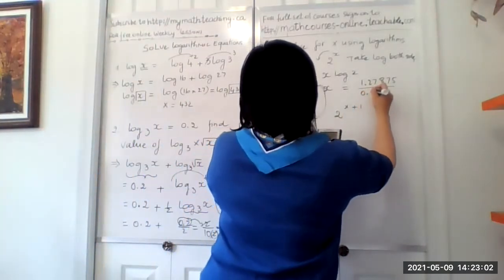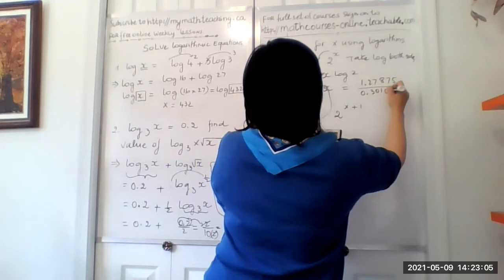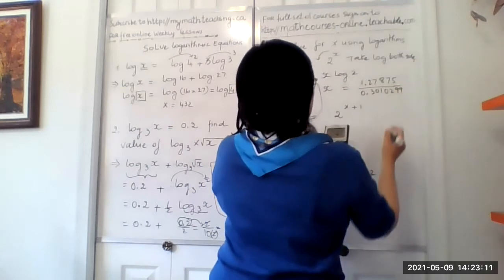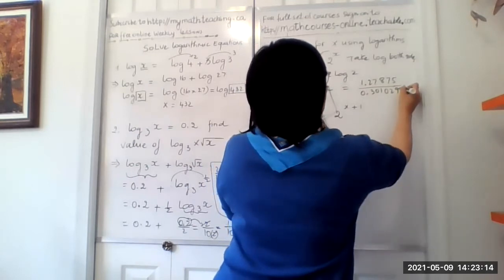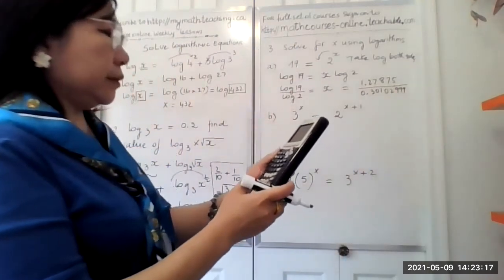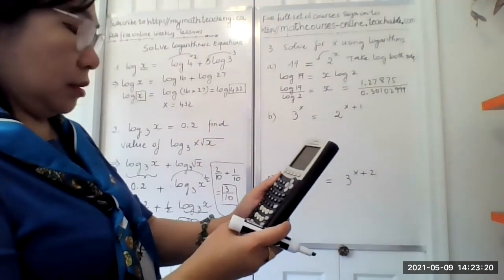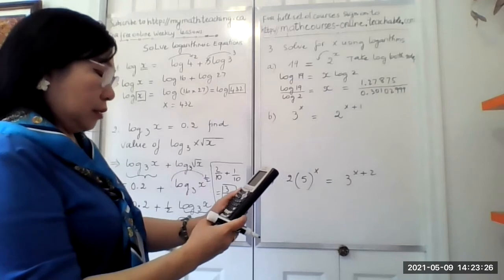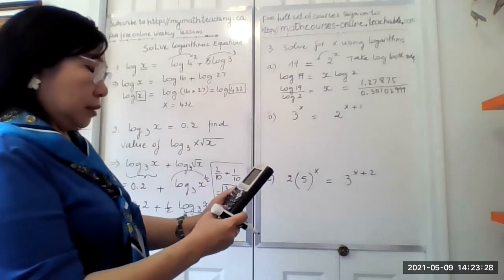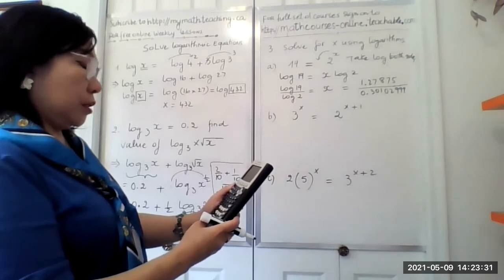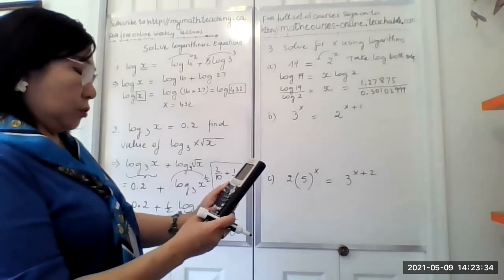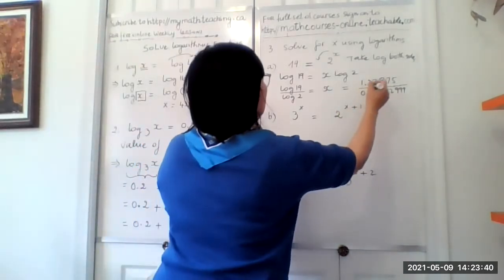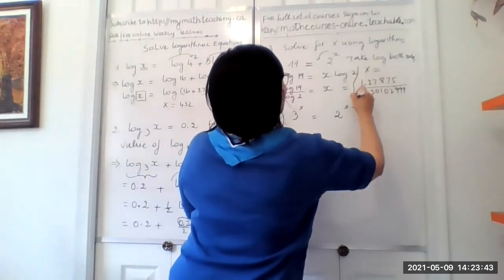This equals 0.301, 0.299. Okay, so I'm going to enter them and divide them together. 1.278753601 divided by 0.301029997. So the answer, x will be equal